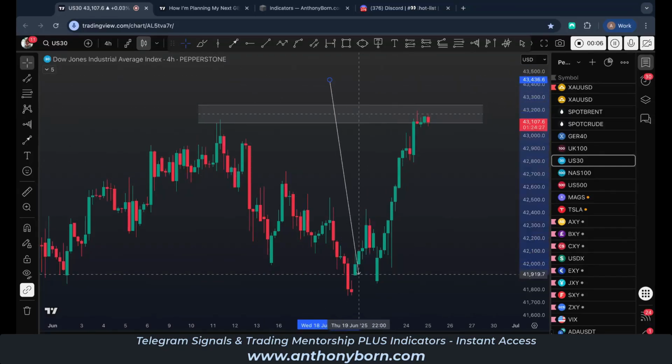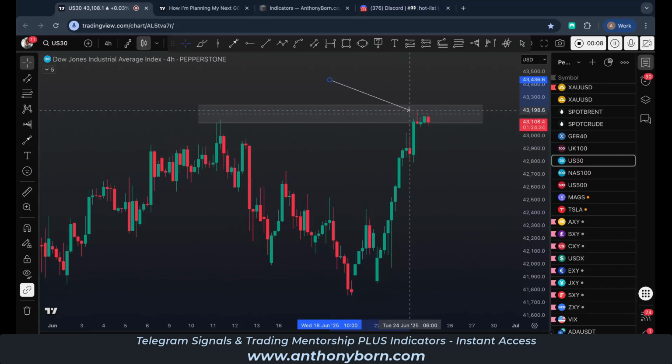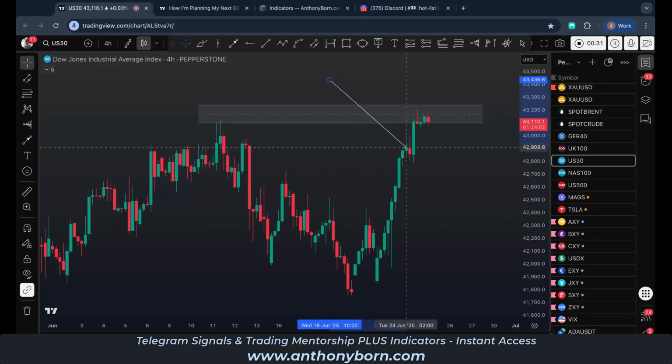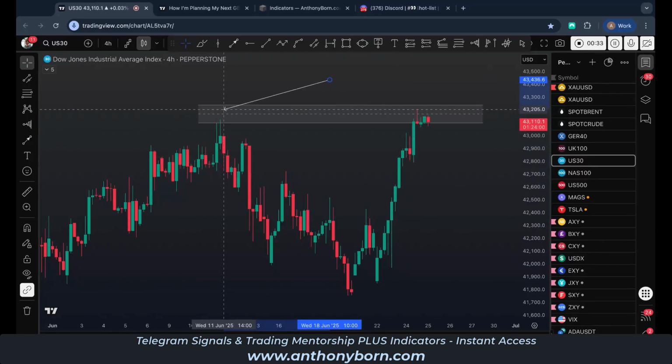US30. This is really overextended here, and now trading into a big resistance level. This is external range high that has been taken out right there. What I'm getting at is big money accumulates down here, right? Discounted, it rallies, and this is a perfect level where there would be, I would imagine, an adequate liquidity for